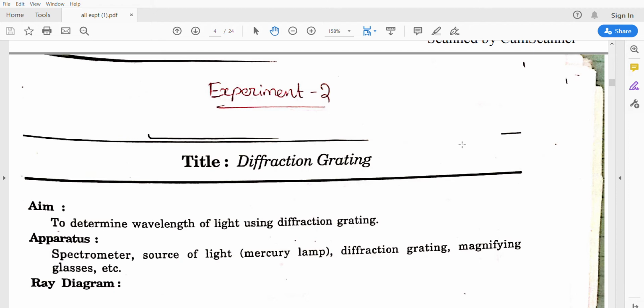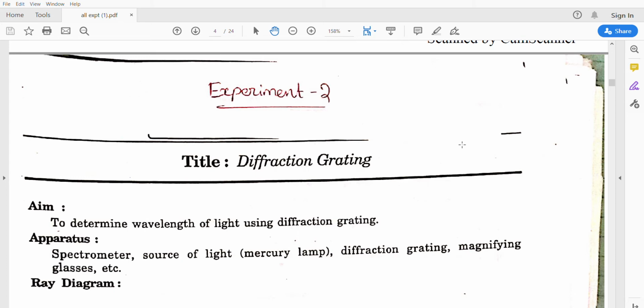To observe the diffraction phenomenon naturally, the dimensions of the object should match the wavelength of the light. But the wavelength of natural visible light is very small. So to observe the diffraction pattern, we need special apparatus. In the laboratory, to observe the diffraction pattern, we use the diffraction grating, an instrument called a grating, that is used to develop the diffraction phenomenon.